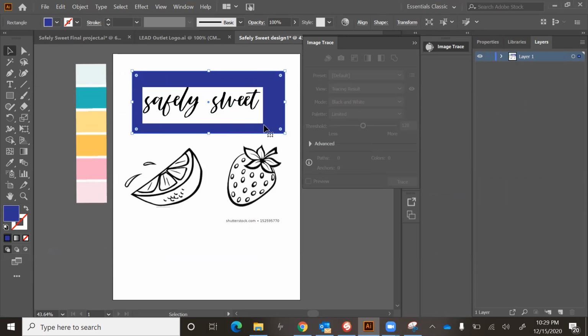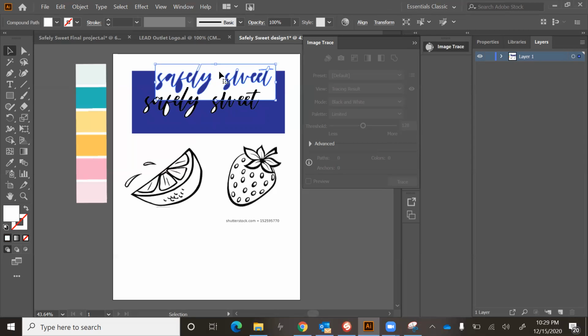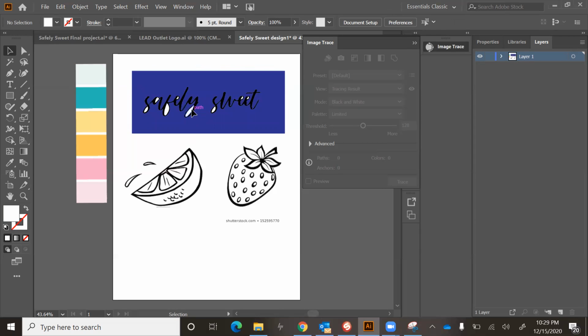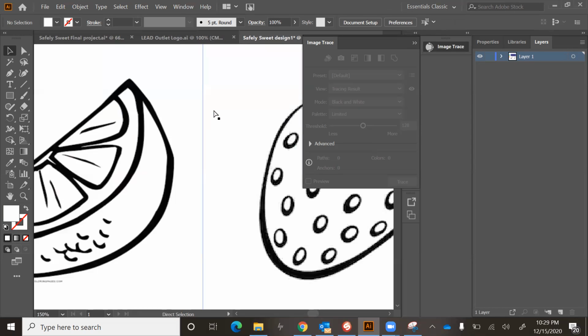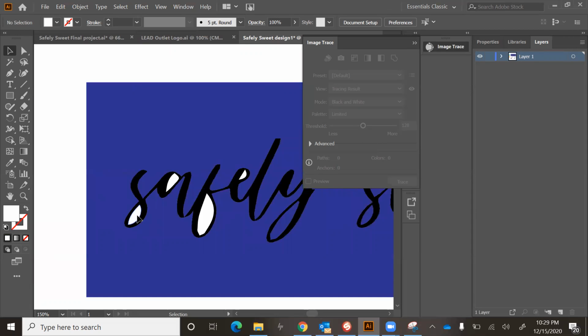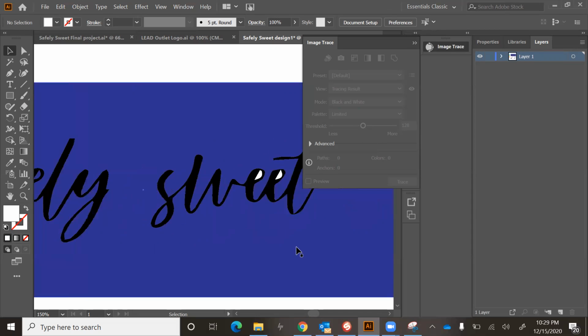So now you can see all of this, like the white is even its own vector. So I can move that and I have the white separately. And then it also helps me to be able to get rid of these little white parts, and I'm going to zoom in. These little tiny white parts that I don't want, because I really only want the writing on here. I want these two words,